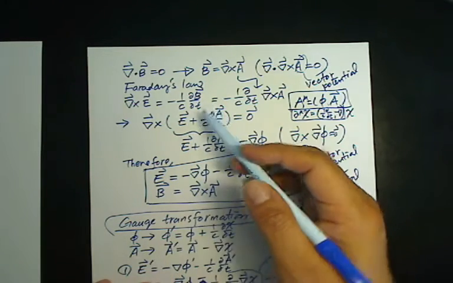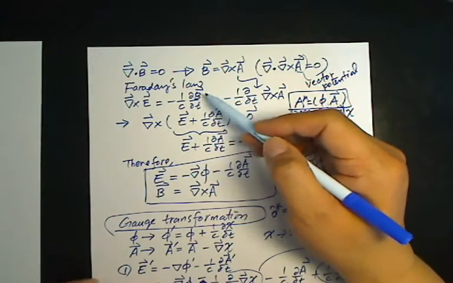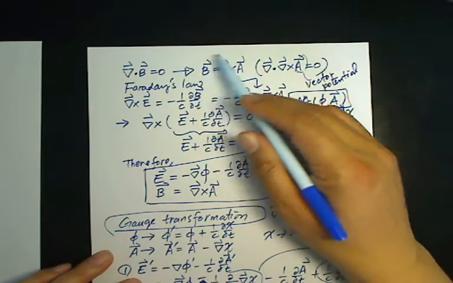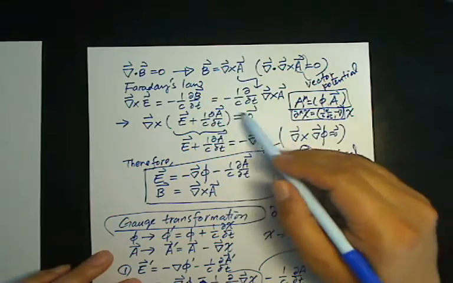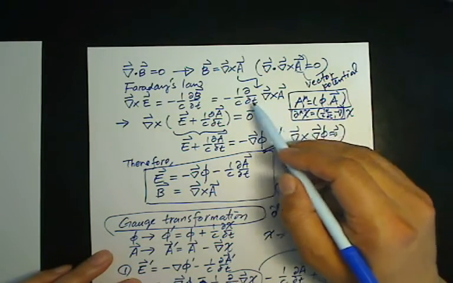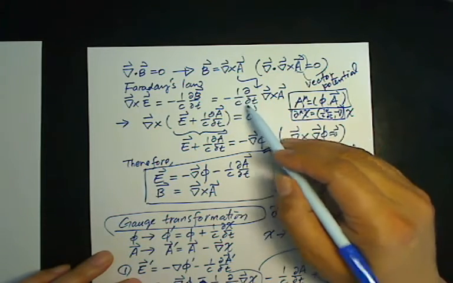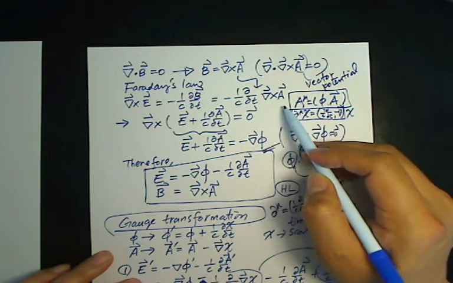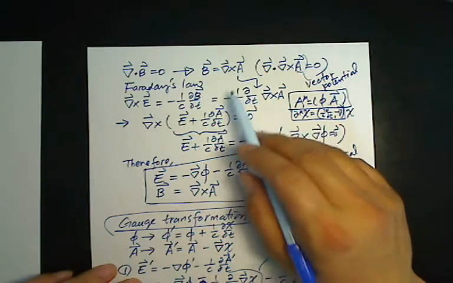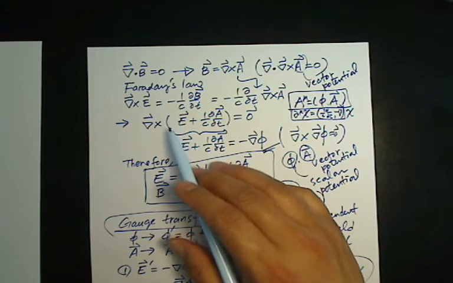So we find that the magnetic field B appears in here. If I substitute this curl A for the magnetic field, we find this one. As we know, the two derivatives are commutative, so I can pull out this curl and insert this partial time derivative inside, and move the right side to the left-hand side to find that curl, open the parentheses, E